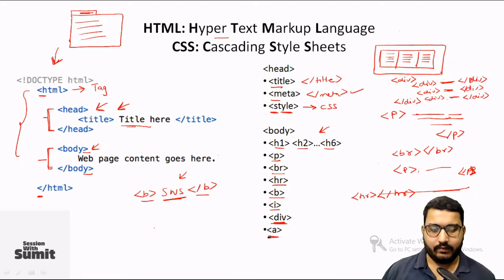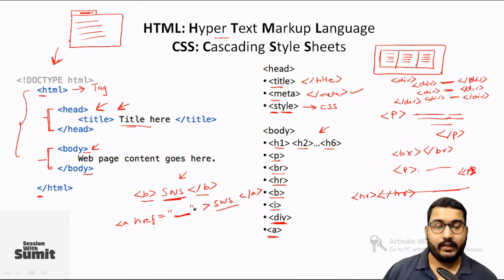Similarly, the last one, which is the a tag. A tag is helpful when you wanted to add a hyperlink to some text. So let's say you wanted to add a hyperlink to this. So you can just say a, then href. Within this you provide the link, close it, then you provide the sentence or maybe the word, so SWS, and then you close this hyperlink. So this particular text will appear in the web page with the hyperlink, and this will be the hyperlink associated with this particular word.